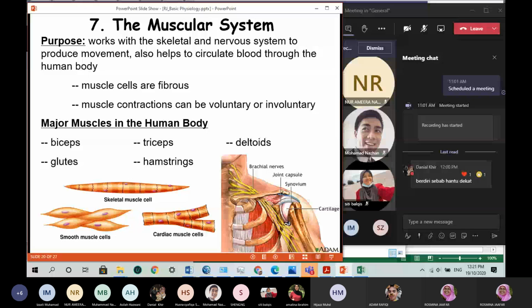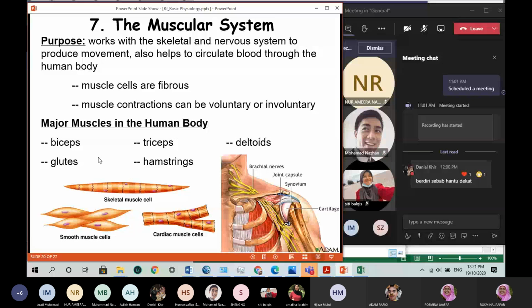So in terms of the skeletal muscles, the names of the muscles are given based on the structure of the muscle itself. For example, you have biceps, triceps. These are the muscles that are in your arm. Because it has two lobules of muscles, you call it biceps. Triceps, because there are three lobules, so they call it triceps. Deltoids, when the shape of the muscle is like a triangle, like a delta.